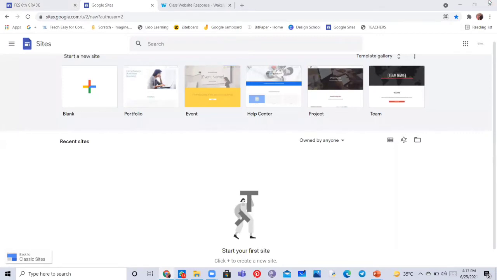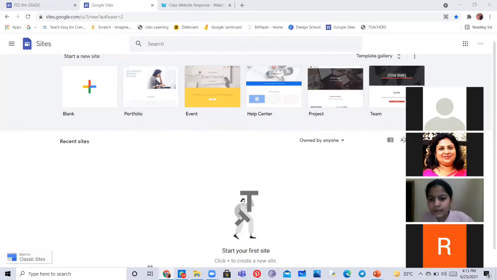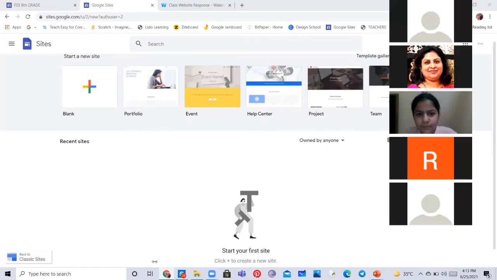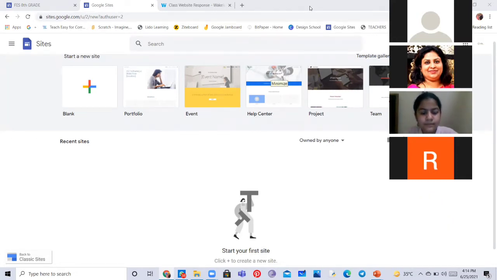Okay. So may I know if you have opened it, everyone who is doing hands-on? Can we have GTG in the chat box if you are ready to go?